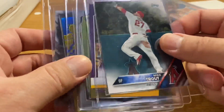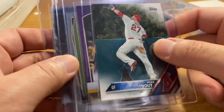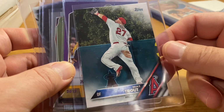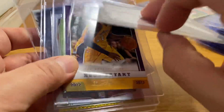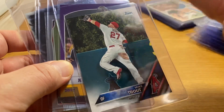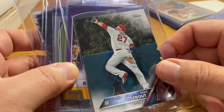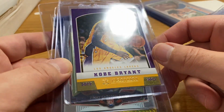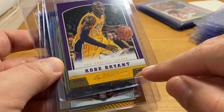And then at some point I went through my Mike Trouts and tried to figure out what I've got that could grade, and this is one of the few cards. This is 2016. So, any base Trout that grades a 10 is going to be worth sending in. And then some Kobe. This is kind of cool. It's a gold parallel, so the